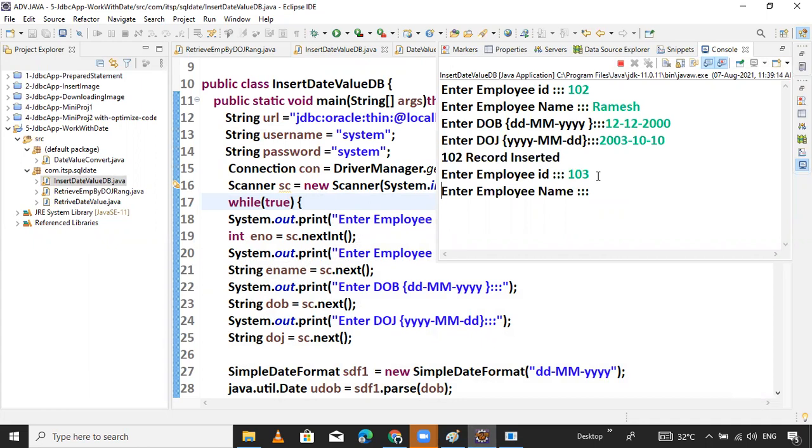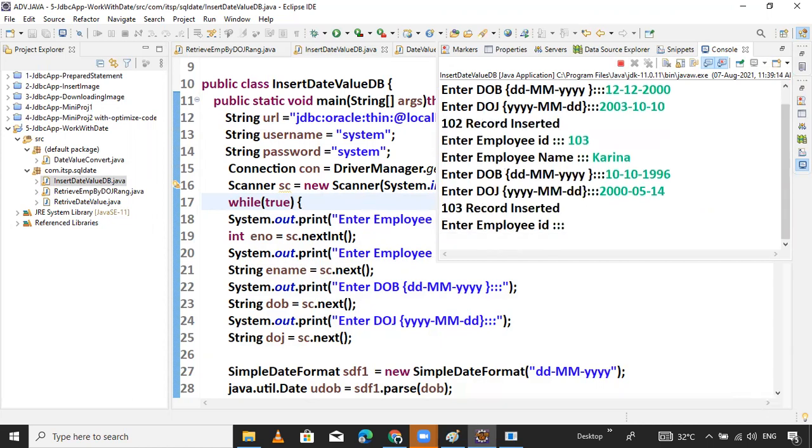So 103, name is Karina, date of birth 10, 10, 1996, and date of joining year 2000, month 05. Got inserted.